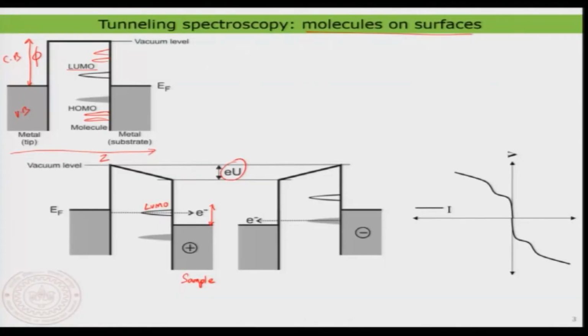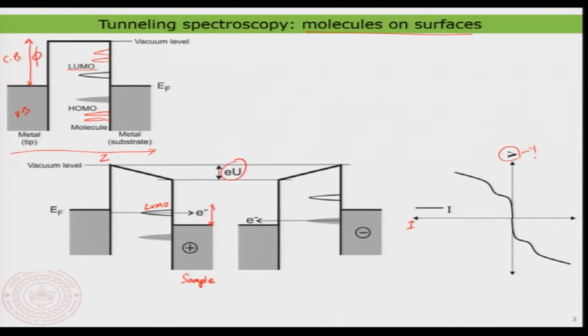Of course, you always have the background tunneling from the metal, because the metal also contributes to the current, but that is constant. So you will not see the change from it, but you can see the change from the molecular orbital. So, let us have a look at the current versus voltage. For the representation, I have plotted the voltage on the y axis and the current on the x axis.